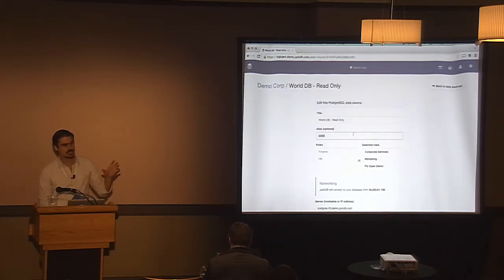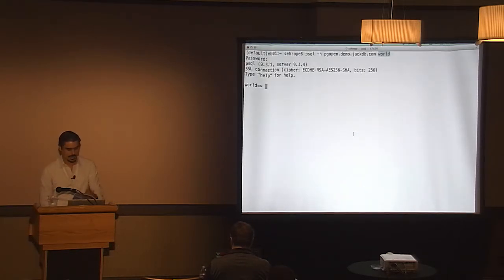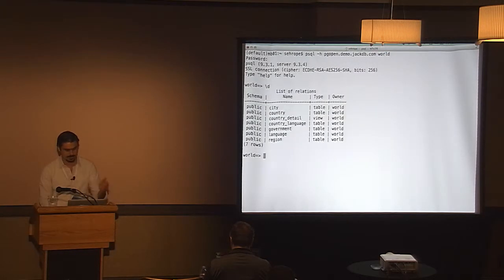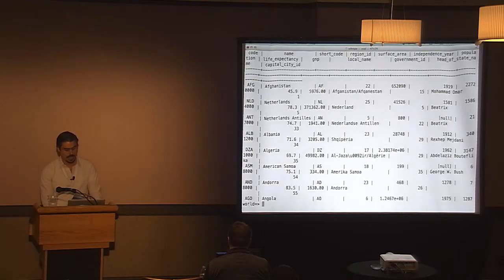You could almost imagine this as like a global namespace for the databases that you're connecting to. So now when I'm connecting in, all I need to remember to specify is this one word, world, to represent the name of the database, and I'm able to connect in. So I'm in. This is everything that you'd expect from PSQL: run queries, do whatever you want really. But the authentication itself is being handled through whatever authentication provider we're using for JackDB.